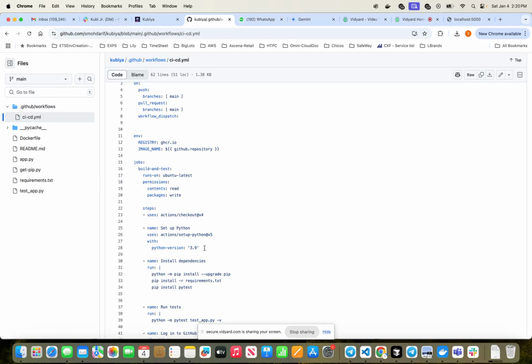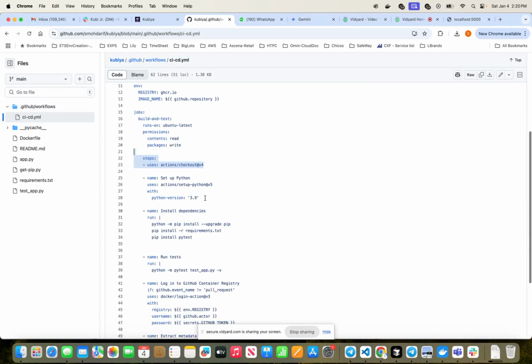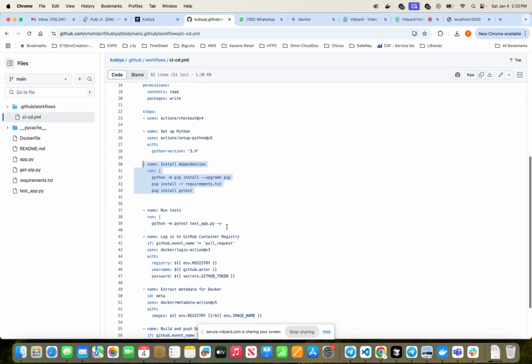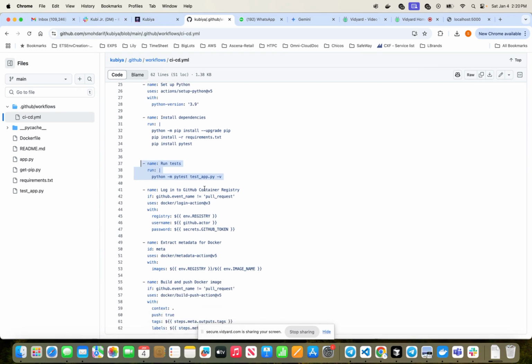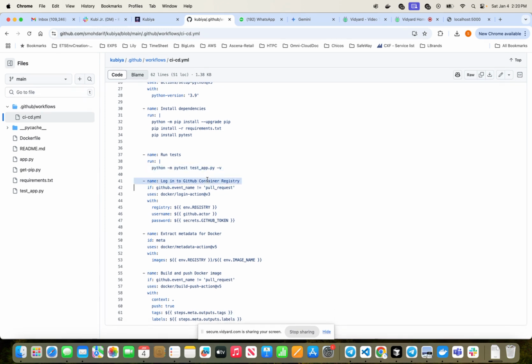Now here it will check out my code, and once it does a checkout of the code, it is setting up Python, installing the dependencies, and then finally running the test, which I showed you from the command prompt. And once this fails, it will not push the Docker image. Otherwise, it logs into the container registry, and then finally builds and pushes the Docker image. If it goes through fine, it will push the Docker image to the GHCR, which is